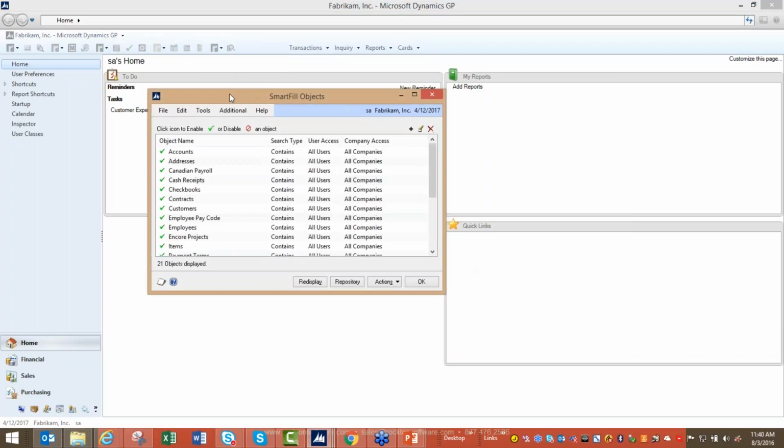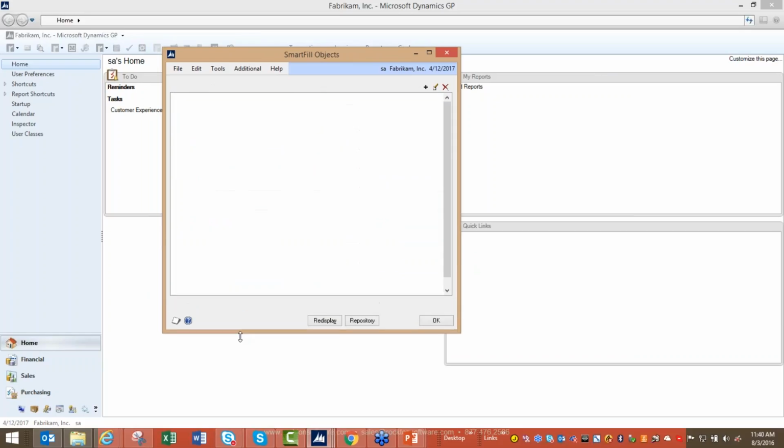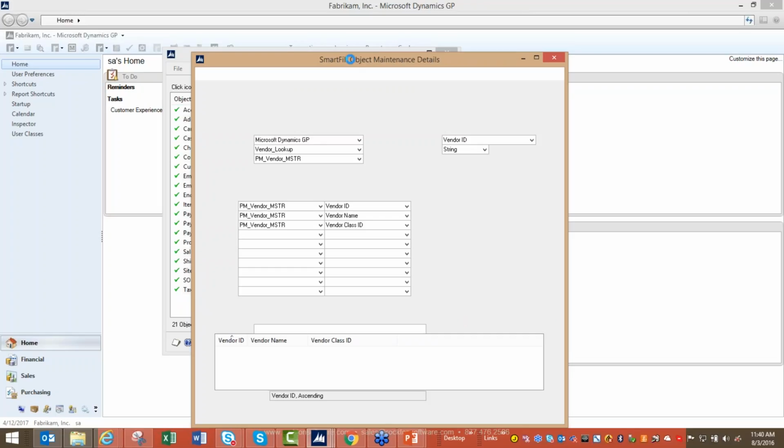We're going to grab our different objects, and these, by the way, are all of the objects that come with the product when you buy it. So these are already set up and configured. So this isn't anything special that I've done to my system. It's just going out and whipping through these because it's already pre-set up for me. But if I want to tweak it a little bit so that it's more the way I want to be able to search, I can double-click on vendors,